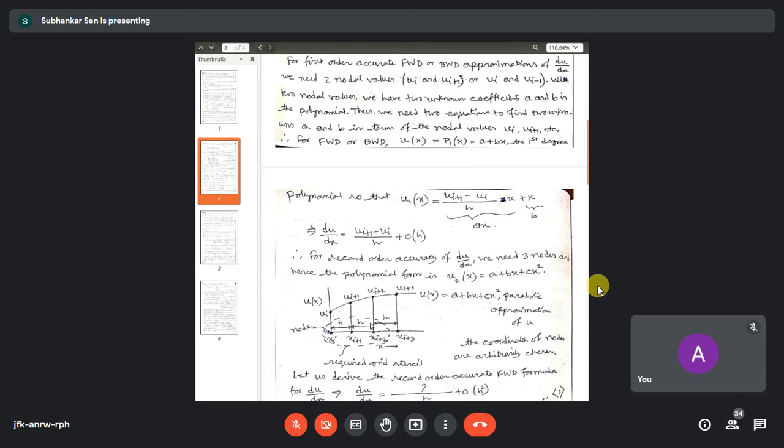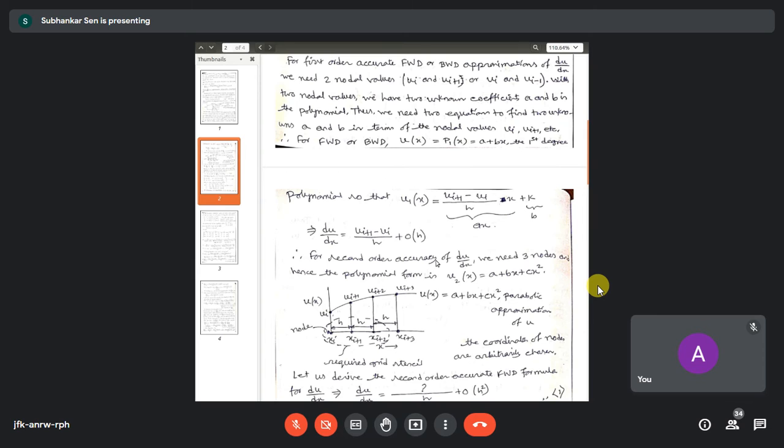So first order accuracy generally we don't use in our CFD solutions. Whenever we are going for practical applications, we are at least using second order accuracy in space and time. Okay, in time also we talk about the accuracy. So in time, second order accuracy is a good accuracy, and in space you can go either with second order or with third order accuracy. Okay, so let us come back to what we are discussing to find the second order accuracy.